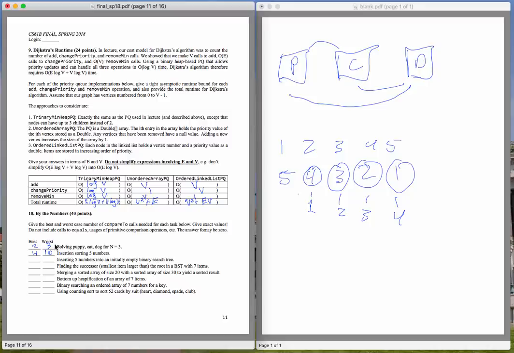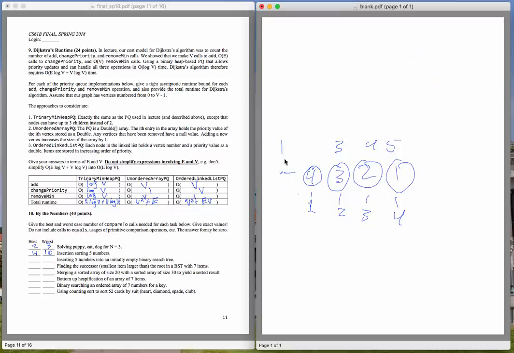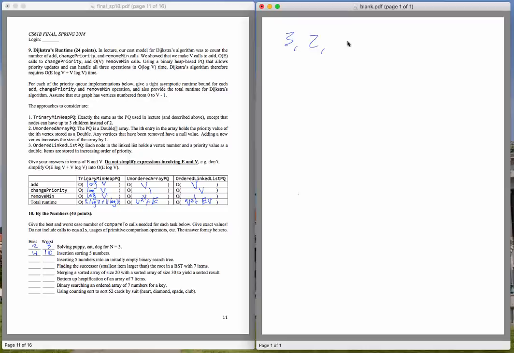Okay. Next, we are inserting 5 numbers into an initially empty binary search tree. So let's take a look at the two cases. Best case for inserting into our binary search tree is if we have our bushy tree. So let's say I want to insert the numbers 1, 2, 3, 4, 5. The best way for me to insert them would be 3, 2, 4, 1, 5. This will guarantee a balanced tree with 3 as the root. So if I inserted 3,